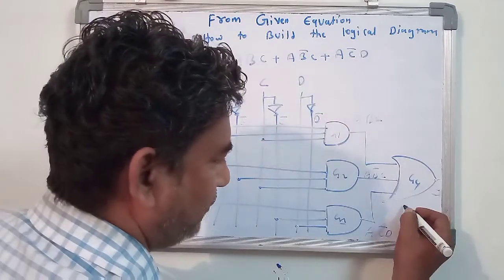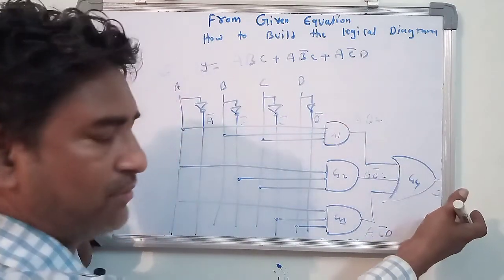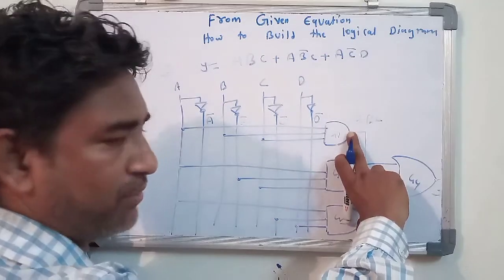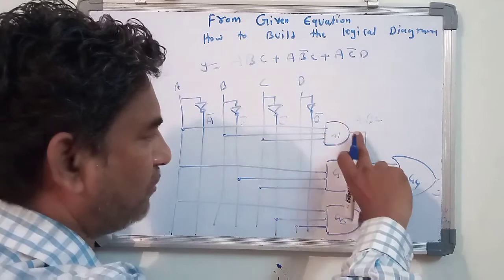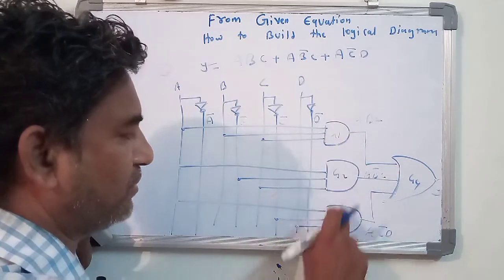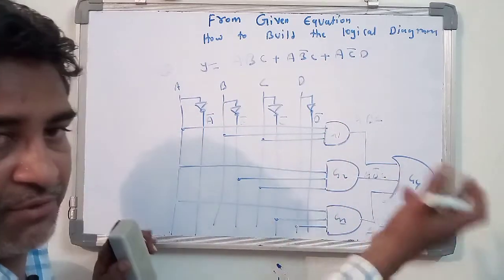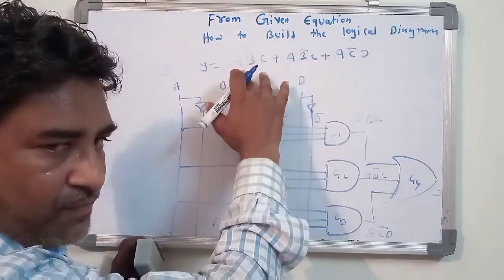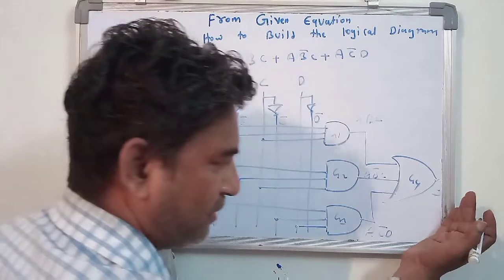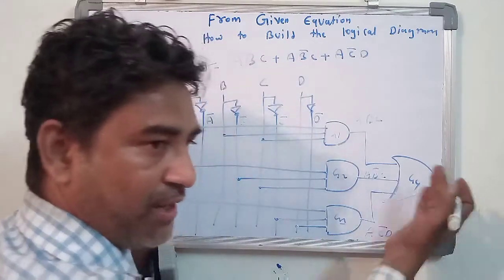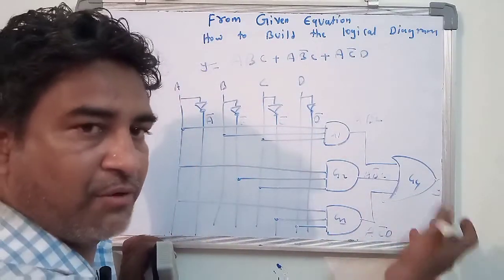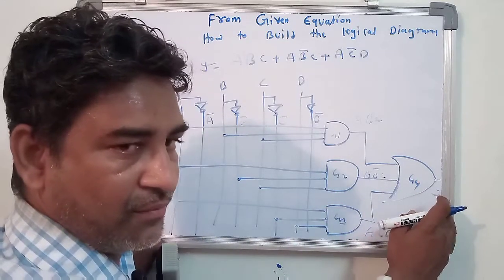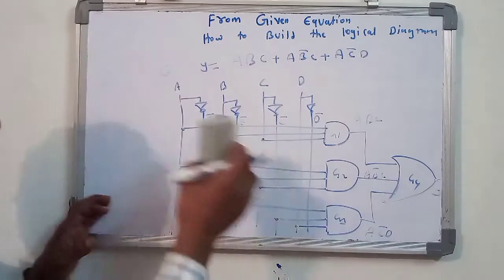So here you either write down the equation or you leave it, but it is very important to write the output of this G1, G2, G3. It is very important. The last equation is not important because it is given in the question. In some cases you may write it also. If you have the time in your examination, you may write down the equation also, but it is not compulsory.